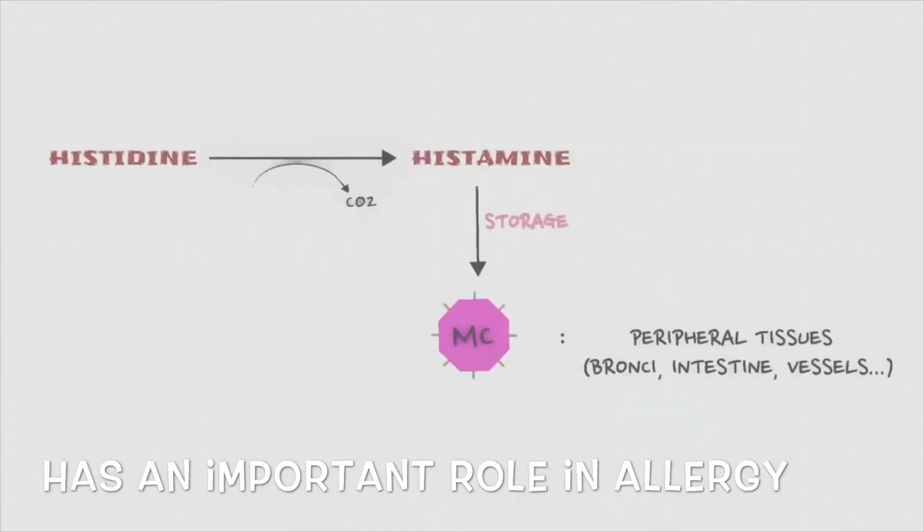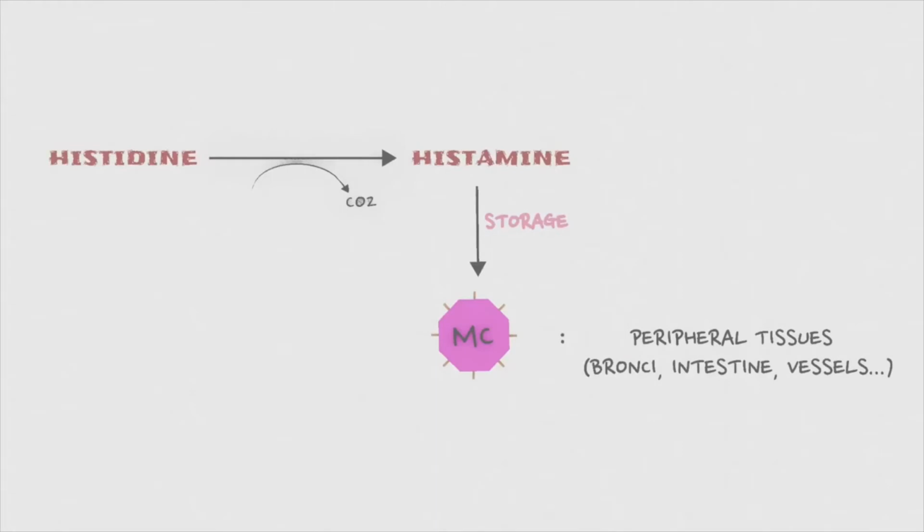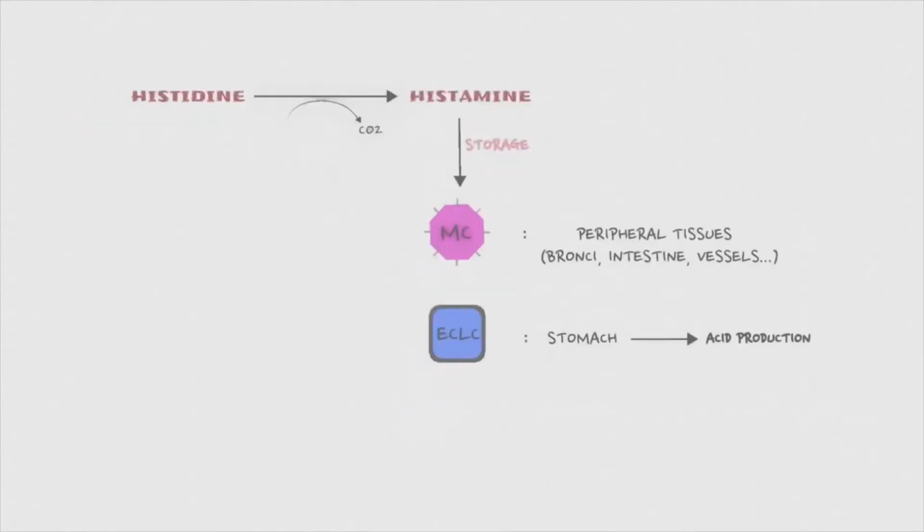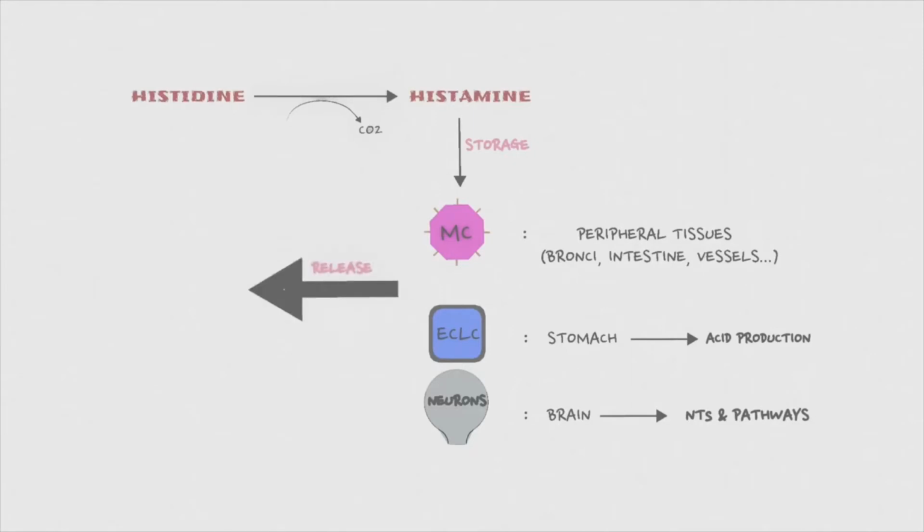peripheral tissue. In the stomach, it is stored in the enterochromaffin-like cells and it aids in acid secretion by the parietal cells. In the brain, histamine is found inside neurons as a neurotransmitter and it exhibits effects on several other neurotransmitters and pathways. The stored histamine in these tissues gets released on specific signals. The released histamine exerts its action by binding to histamine receptors, namely H1, H2, H3, and H4. H1 and H2 are the most important ones and we'll be discussing those.